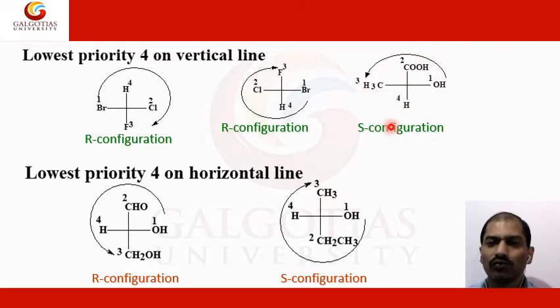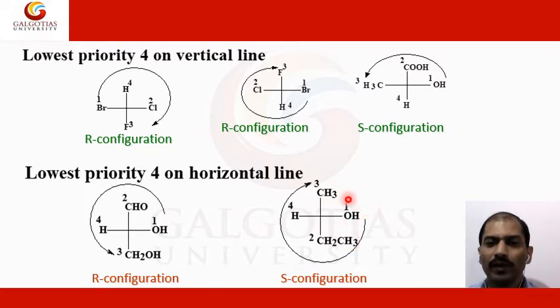If you see this group, OH will obviously be the first priority, this will be second, third priority. And the lowest priority, if it is on the horizontal plane as per the condition we said, then we have to see: if it is looking levorotatory, or opposite to the direction of the clock, then this will actually be the R configuration. So what you see is not exactly what it is; it is just the opposite of what you see in the molecule by assigning the priority.